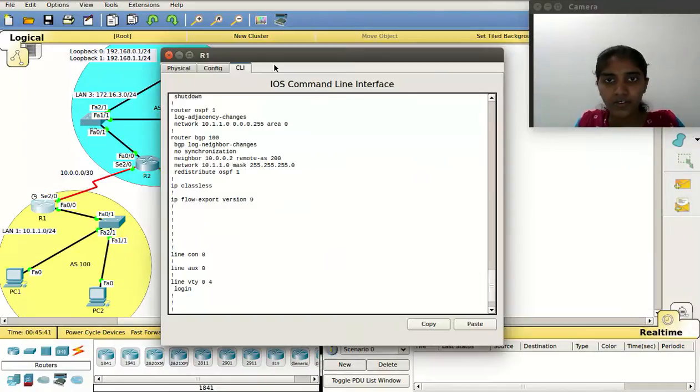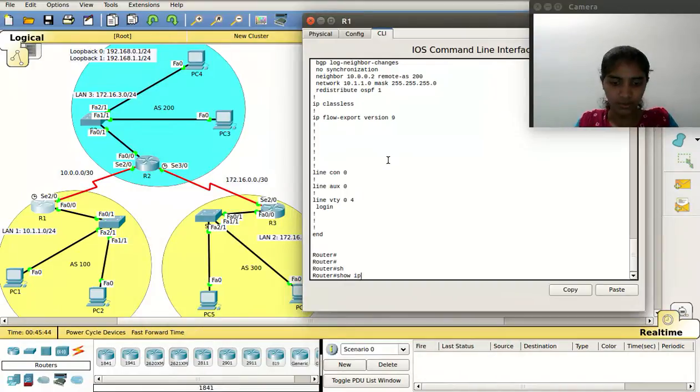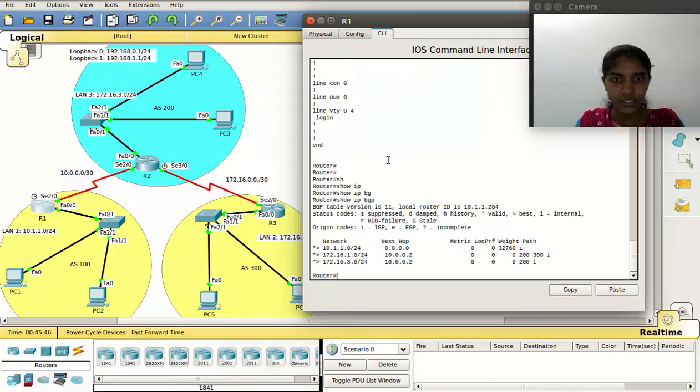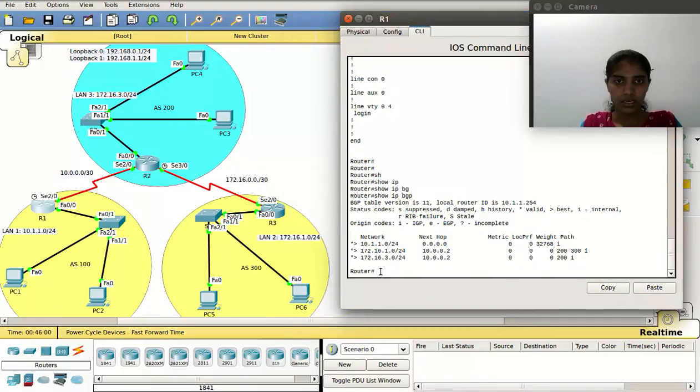Let's start with R1. Here let's use the command show IP BGP. We see various networks that are run via BGP. So we see that these networks are run via BGP, and the next thing that we need to look at is